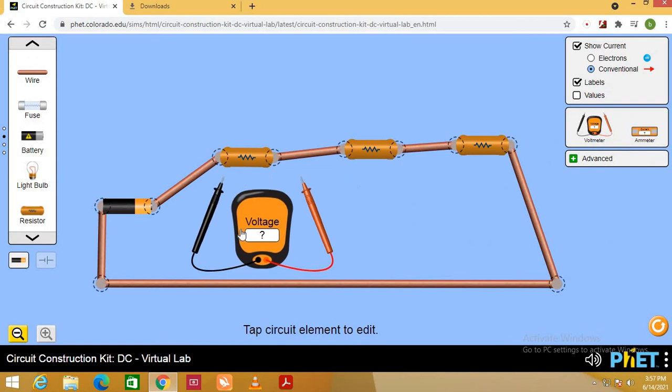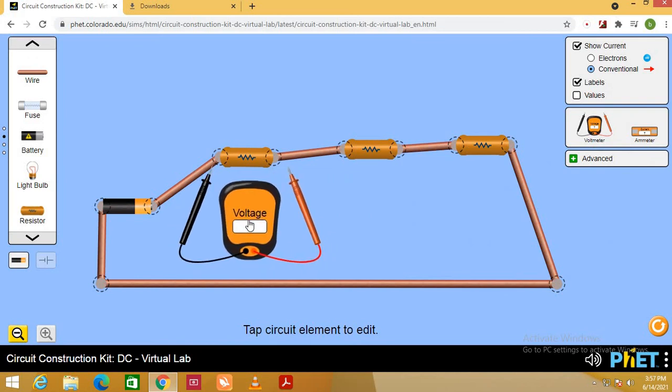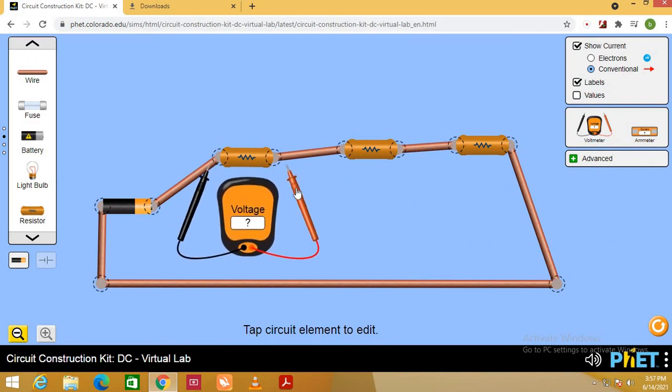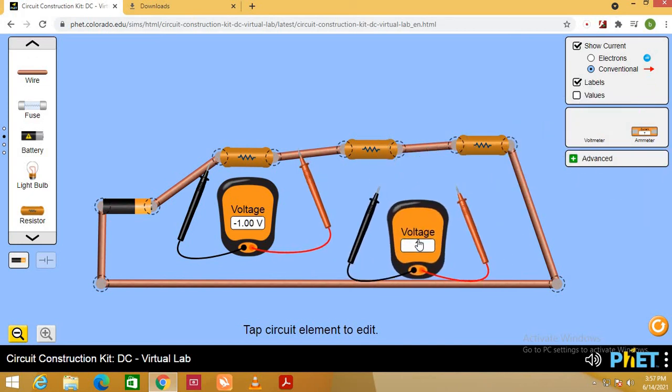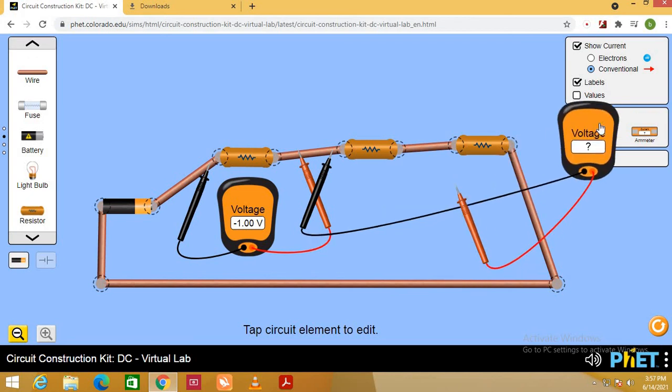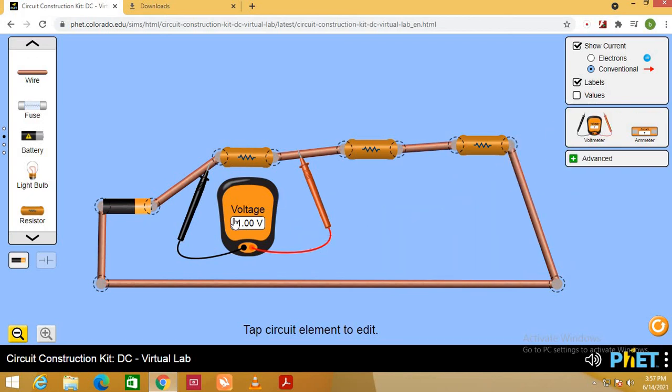So I will connect the voltmeter across these elements. It's not required, we will use only 1 voltmeter. I think the simulator has a limitation of using only 2 voltage measurement equipment.